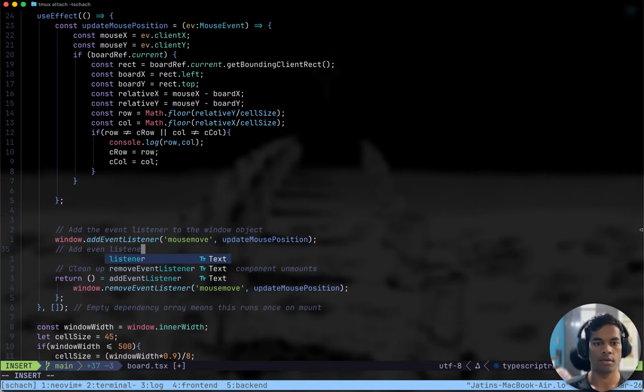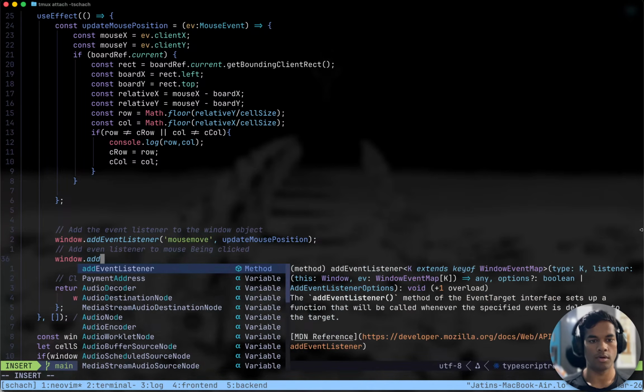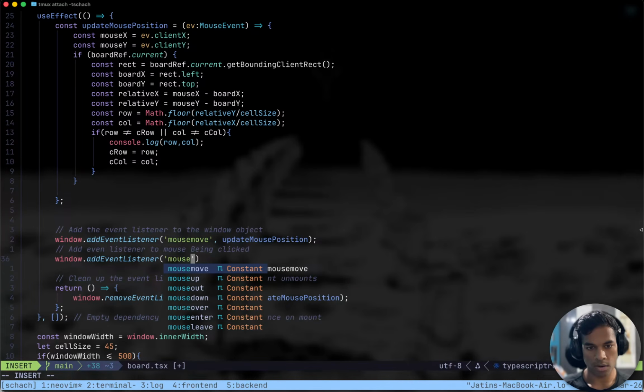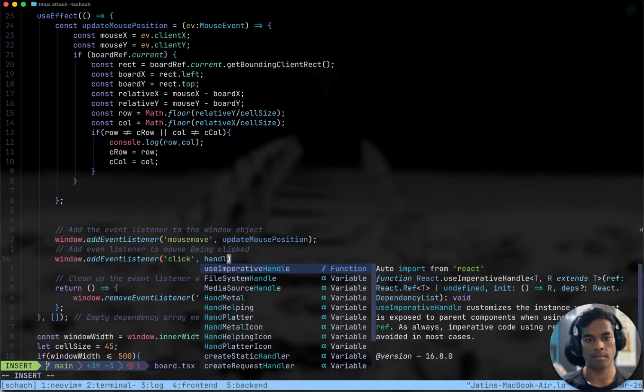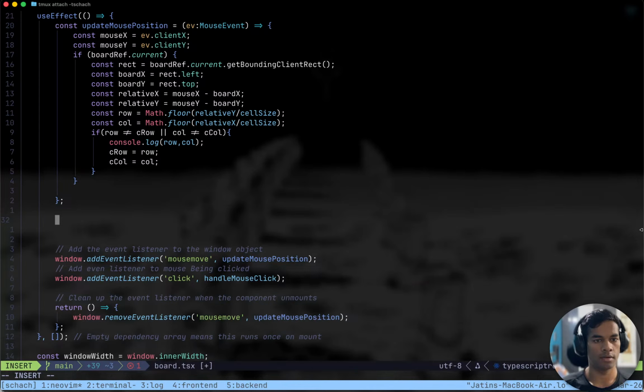Add an event listener to mouse being clicked, window dot add event listener to mouse click, and then a function, handle mouse click, which will be defined here.